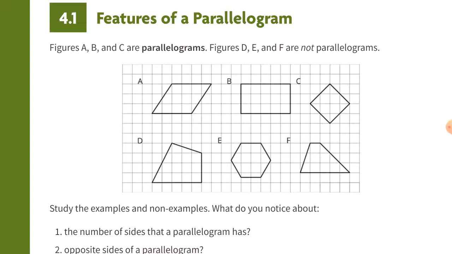What is a non-example? Nolan? Like an example that's not right. Yeah, it's like an incorrect, like a false statement. Instead of saying which one, are they parallelograms, true, false? Trues would be the example. The false statements would be the non-examples. It's kind of showing you that this is the wrong way to do it. So it told us that A, B, and C are parallelograms. So to prove it,